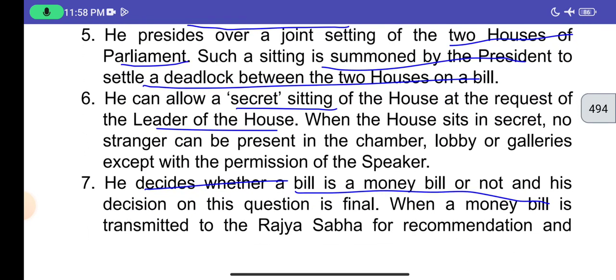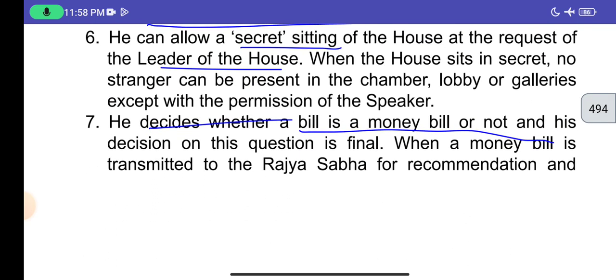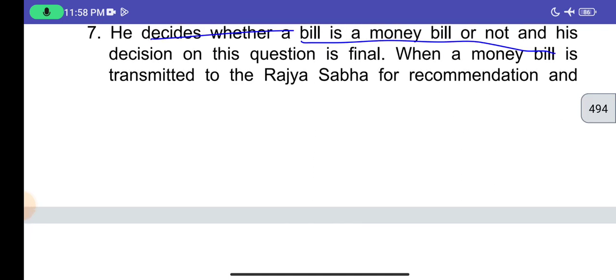He presides over a joint sitting of the two Houses of Parliament. Such a sitting is summoned by the President to settle a deadlock between the two Houses on a bill. He can allow a secret sitting of the House at the request of the Leader of the House. When the House sits in secret, no stranger can be present in the chamber, lobby or galleries except with the permission of the Speaker. He decides whether a bill is a money bill or not, and his decision on this